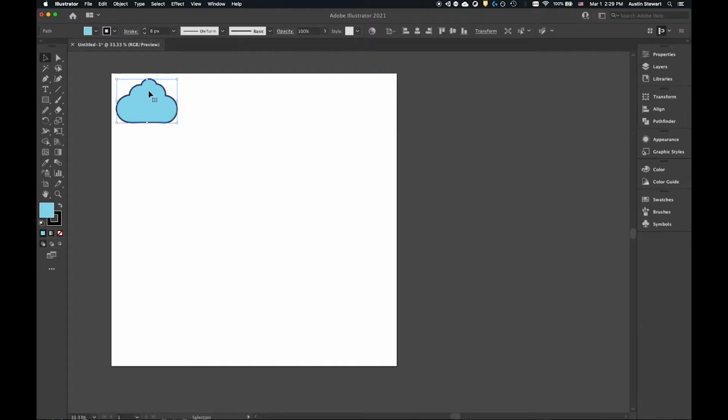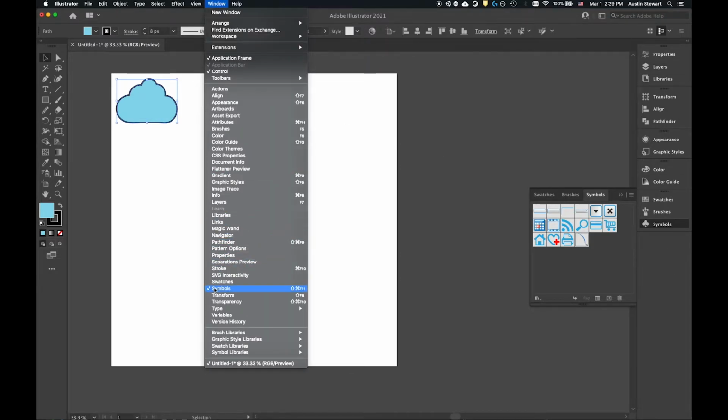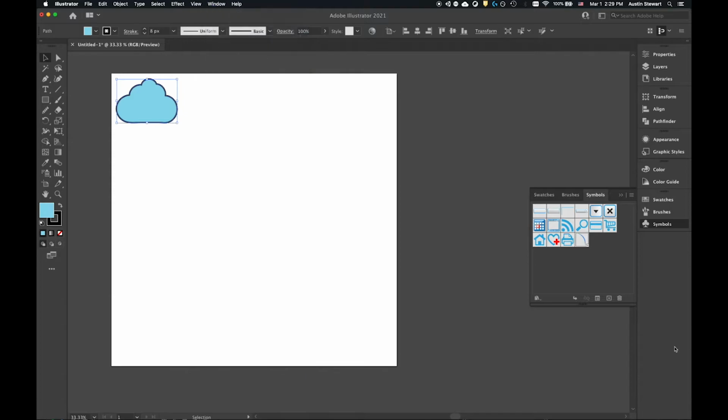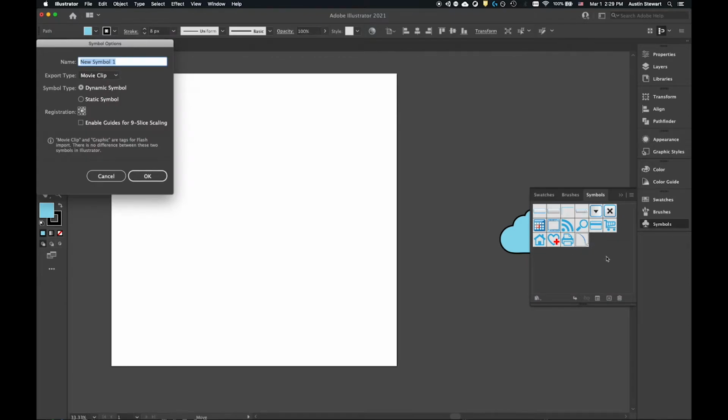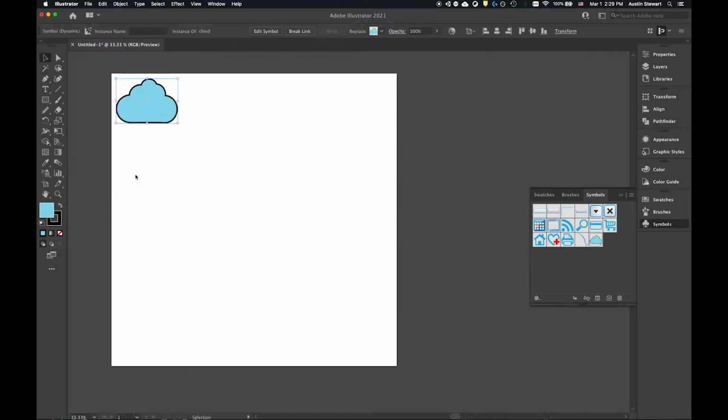So to create a new symbol, all you do is go to the Symbols panel, which, if for whatever reason it's not available on the far right of your screen, you can just go to Window and go down to Symbols. And once I've done that, all I need to do is click and drag, and I can drag this into my symbols panel. I don't need to worry about any settings here, except I just need to call this cloud. And that is not how you spell cloud. There we go. So I'm just calling the symbol cloud,